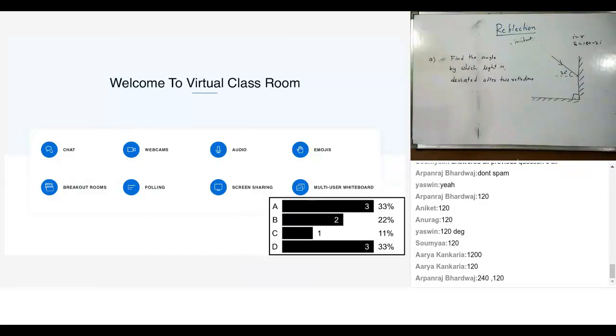Some people have only chosen to listen to what you are saying and not to answer. That's okay, no issue. The people who don't want to use the mic can always type it in the chat box. There is absolutely no problem with that.